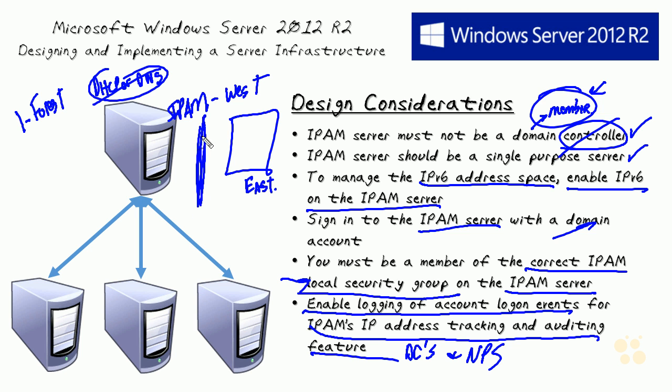There's a wall of separation, and even though they're all part of the same forest, they cannot communicate with each other. So this is, of course, going to be a distributed, or what Microsoft calls a distributed environment. You've got one here, you got one over here, and neither the twain shall meet, right? There is no communication or exchange of information between these two, and so that can be an issue if you